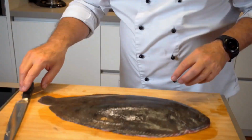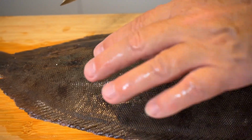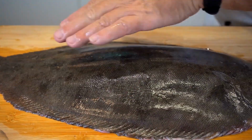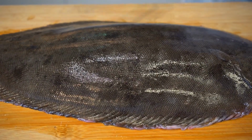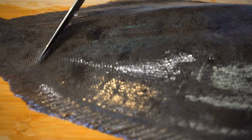And with the sole, one thing is really important. Unfortunately, I can't really demonstrate that to you in a hands-on way right now, because when you run your hand over it, it's totally smooth. Really nice and smooth. And you might think about frying the fish with the skin on. But that doesn't work, because if you go against it,